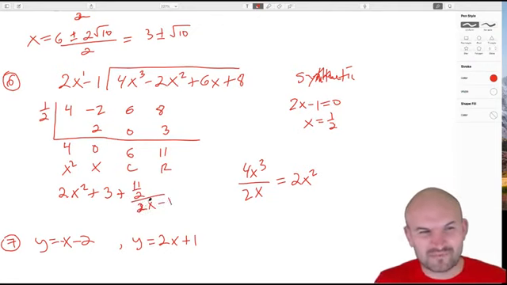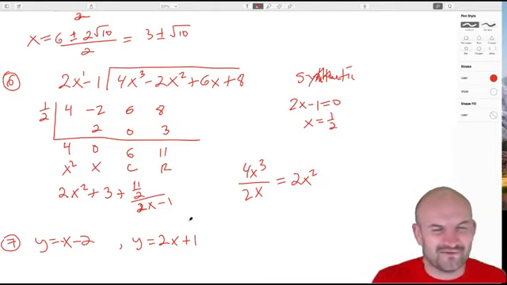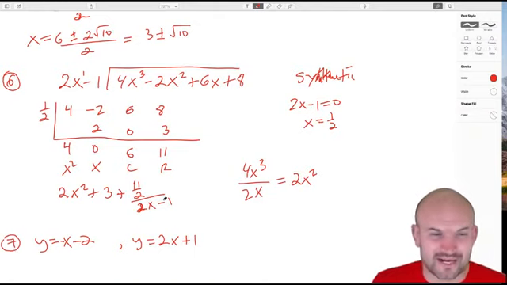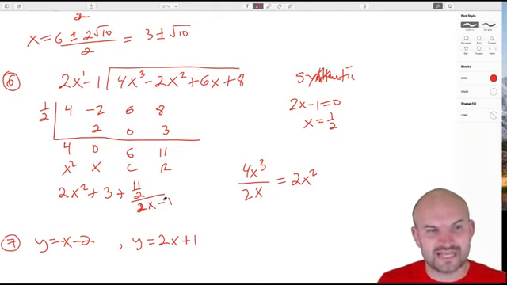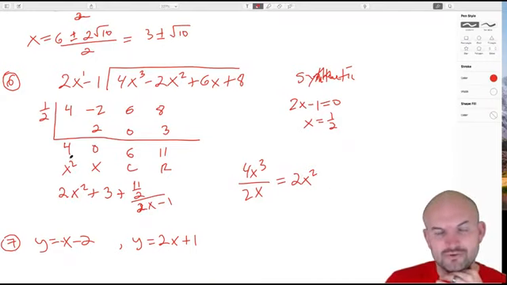But again, I made up the problem because the student didn't give me a problem. And so you can multiply by the reciprocal, but I don't want to get into anything crazy like that, because most of the time you're not going to have something crazy. Just make sure you understand if you're doing synthetic division with fractions, make sure you adjust your final answer. And again, you can always